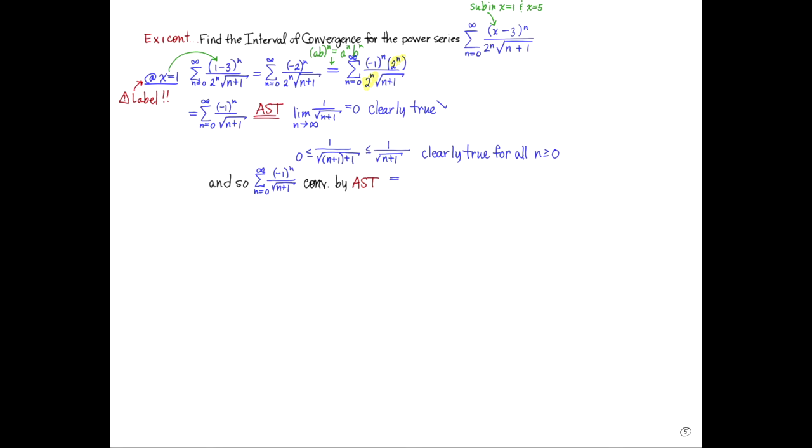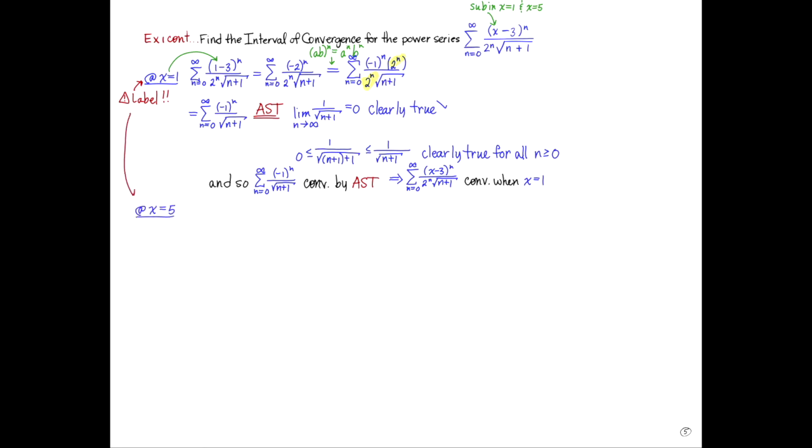That means that our original series, the sum from n equals 0 to infinity of x minus 3 to the nth power over 2 to the n times the square root of n plus 1, converges when x is equal to 1. Let's check our other endpoint. At x equal to 5,